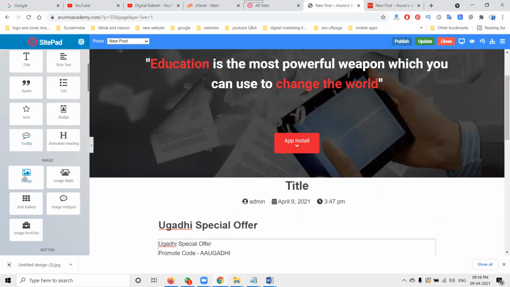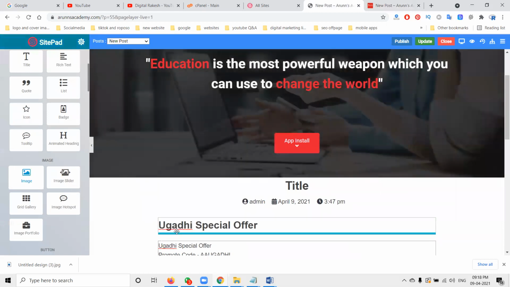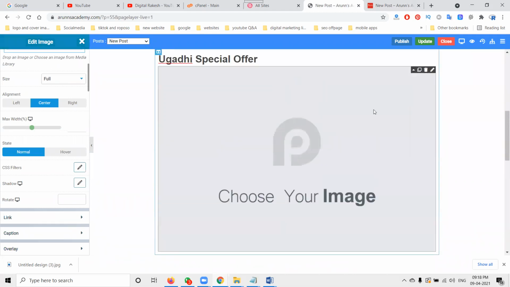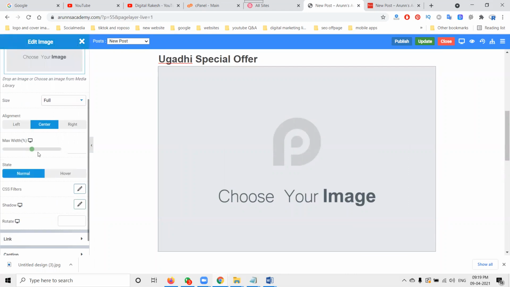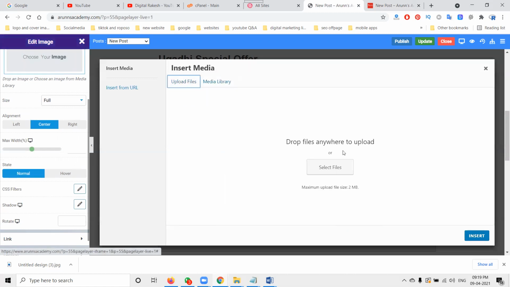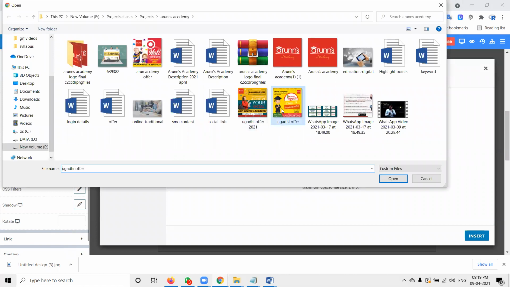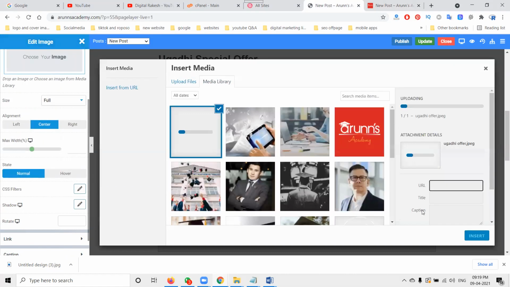We can use it for an image also. We'll go for image selection, crop, upload image. What is the offer going on? Ugadi special offer is going on. So that will be added in this particular option.